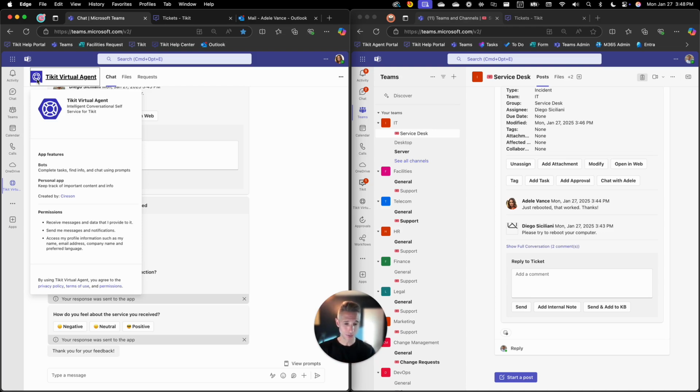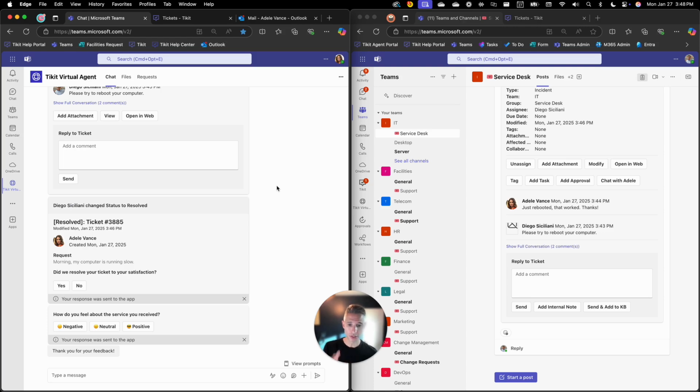And the idea here is that you can brand it to your branding guidelines as a company. We have seen customers that have very simple rebranding, like help or support. We've seen some very creative examples that rely on internal company mascots, things like that. But the idea here is once you brand it, you'll push this to all your end users, and then everyone all of a sudden will receive Ticket Virtual Agent, or whatever the renamed version is, as a self-service experience in their Teams experience. Once it's deployed,